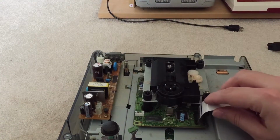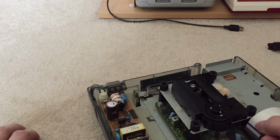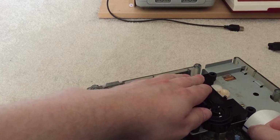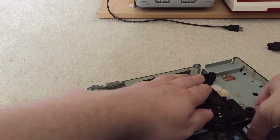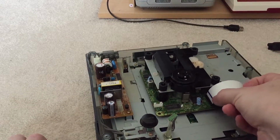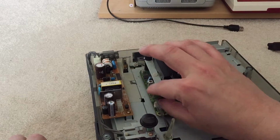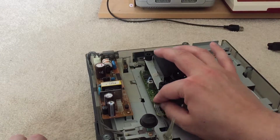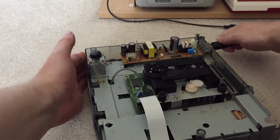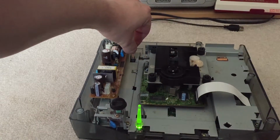So that cable, is that the same number of pins or is it more or less? Looks to be the same. And it goes into the connector quite nicely. You're probably not seeing that. But yeah, I've just put the data cable into there. Let's pop this one in as well. There we go. And I'm just going to pop the power back in. And just to make sure that this one...